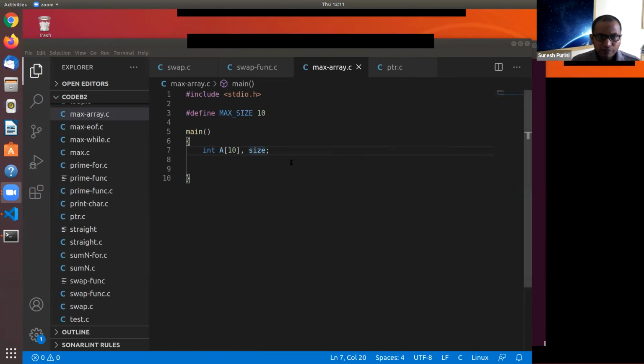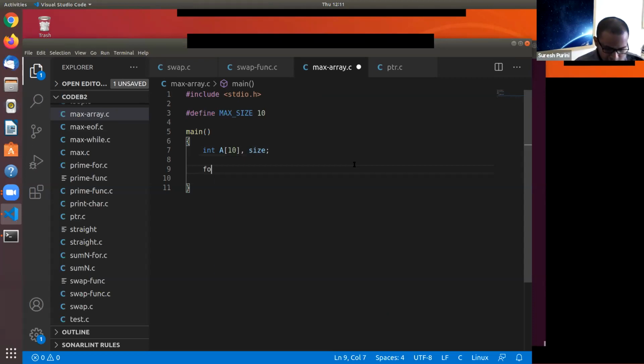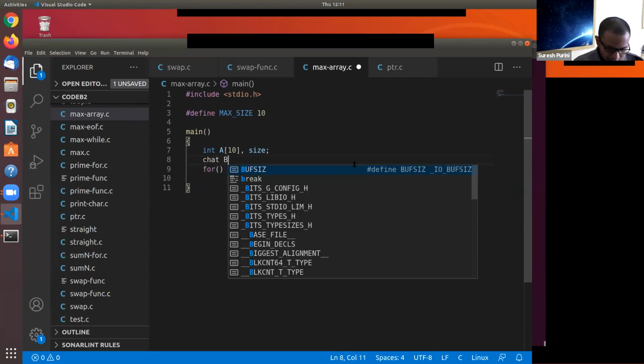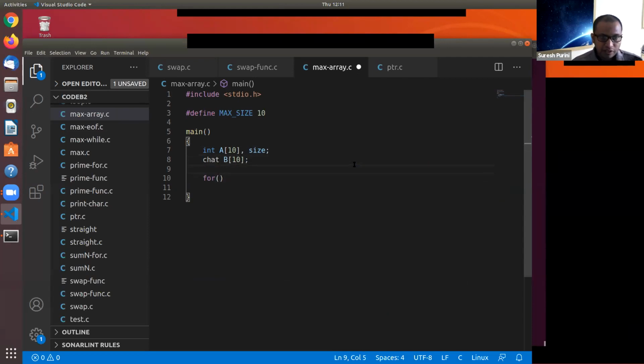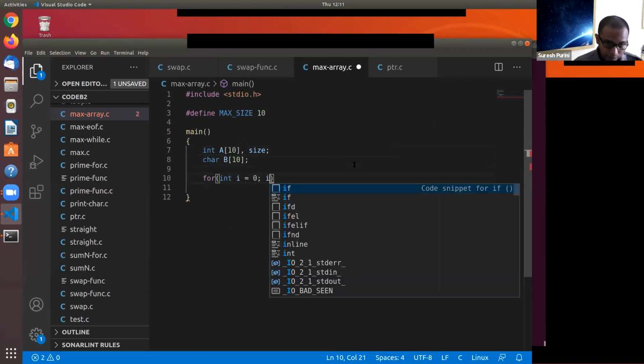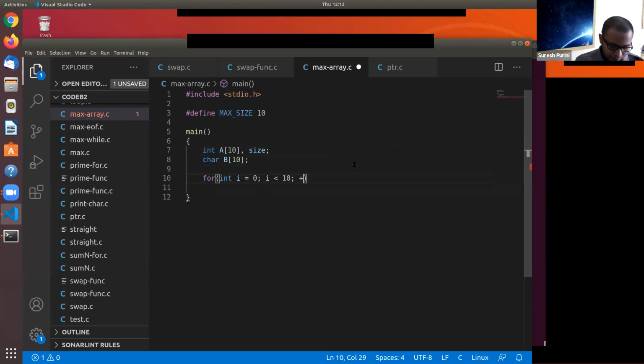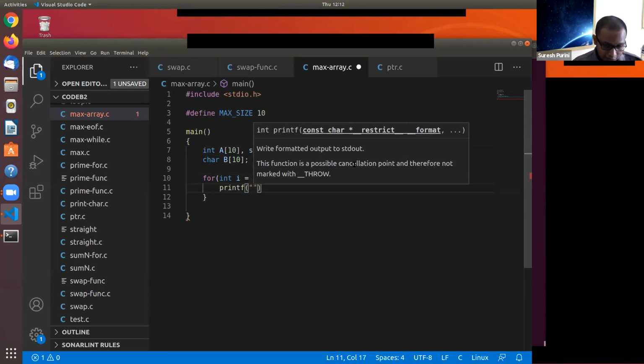Anyway, let's write code for this. If you have char a of 10, then each element is of size 1 byte. Right? So maybe we can also have char b of 10. We will do that. So let's print the address of